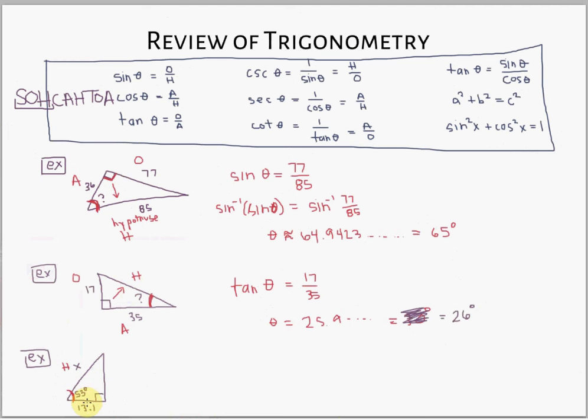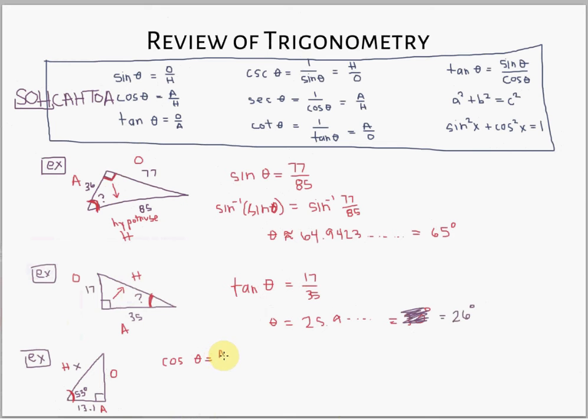The other side that touches it would be your adjacent side, and the side across from your angle would be your opposite side. So looking at this, we want to find the hypotenuse, and we have the adjacent side and the angle. So we are going to use what uses adjacent and hypotenuse, which is cosine. So the cosine of theta equals